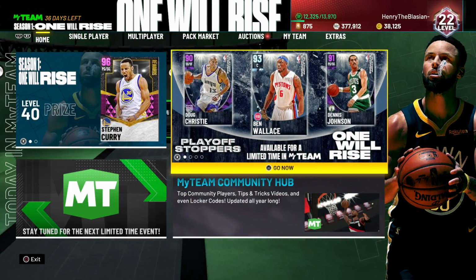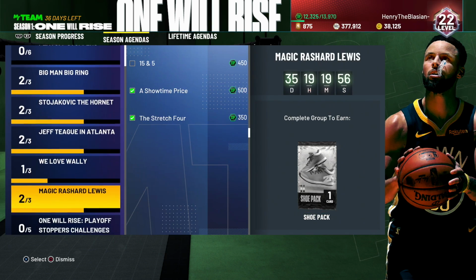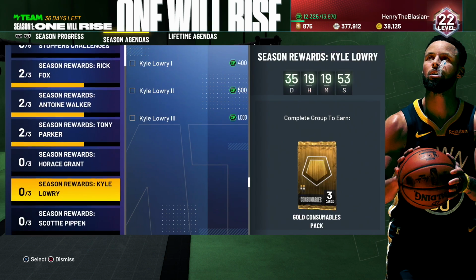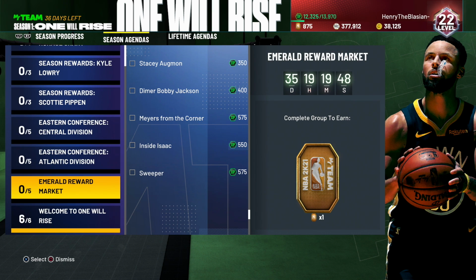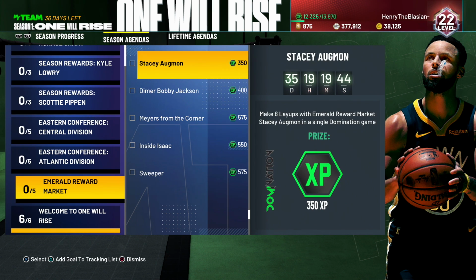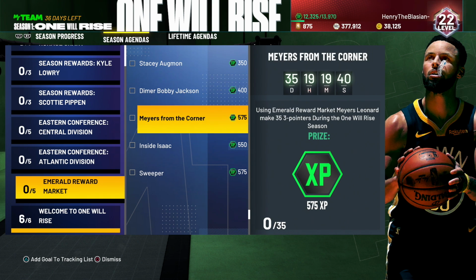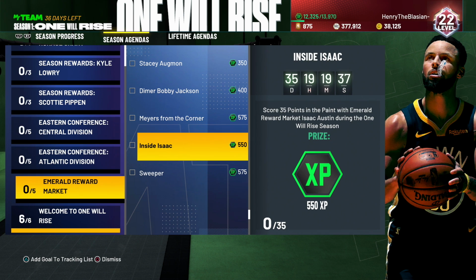But that's not it. Again, when you hop back into the agendas, which I heavily recommend you always pay attention to, you're going to find that they actually added emerald reward markets right here. And here you can see you need a Myers Leonard, you need a Stacey Augmon. Now, it doesn't say you need Klay Thompson. You can still pick up Klay Thompson if you want, but these are other ways to get XP,